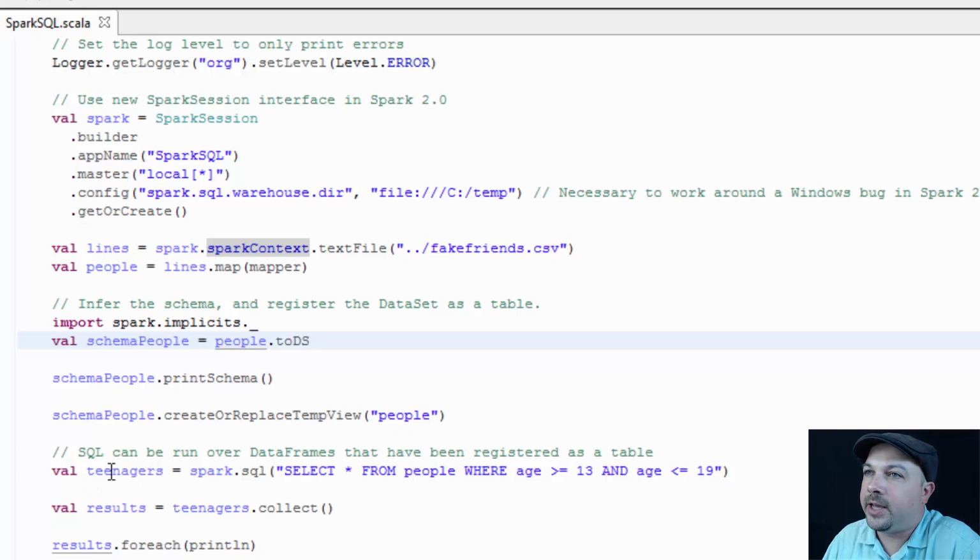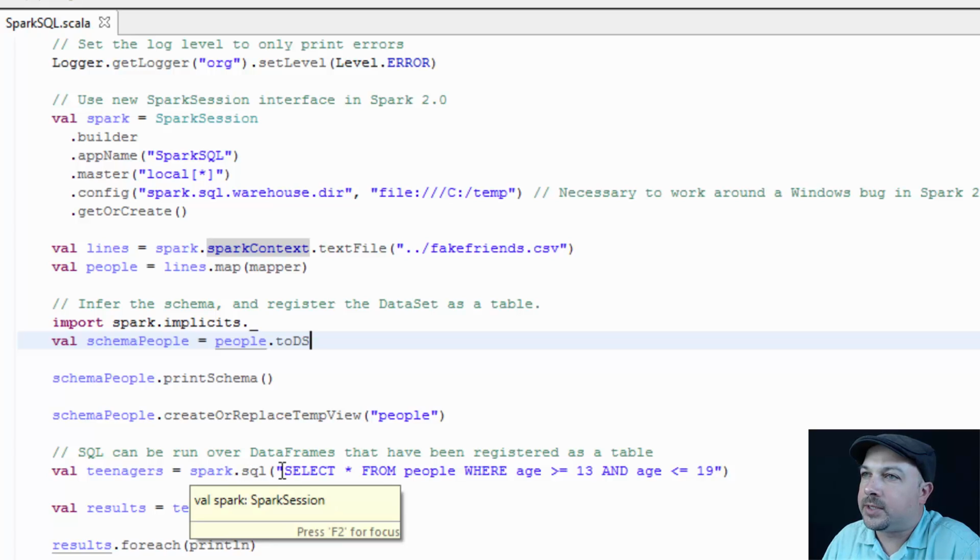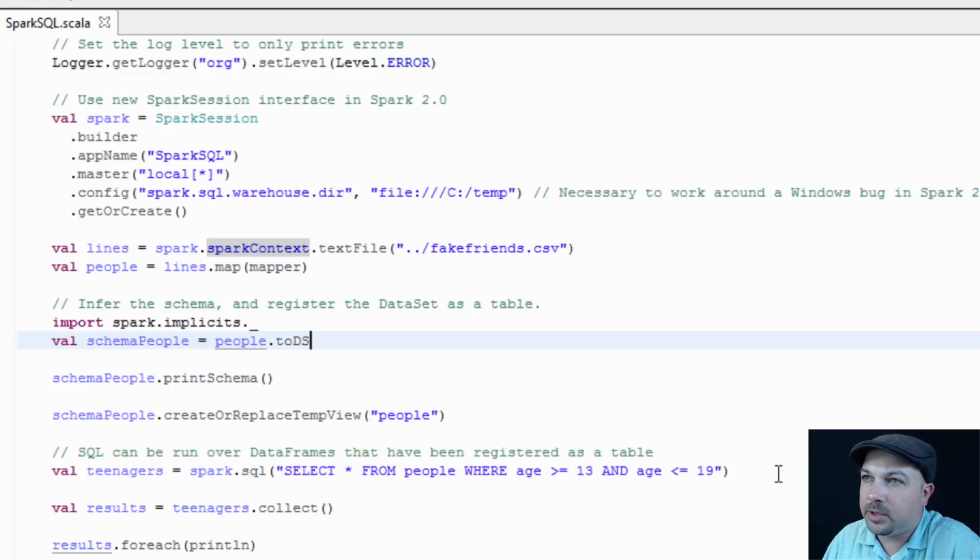We can now create a data frame of results by just calling spark.sql. Remember, spark is our Spark session object that we created up here. And we can call .sql with plain old SQL, like any old SQL you can dream up, including user-defined functions, anything. Huh? So we're going to say select star from people, where people is what we created our temporary view,